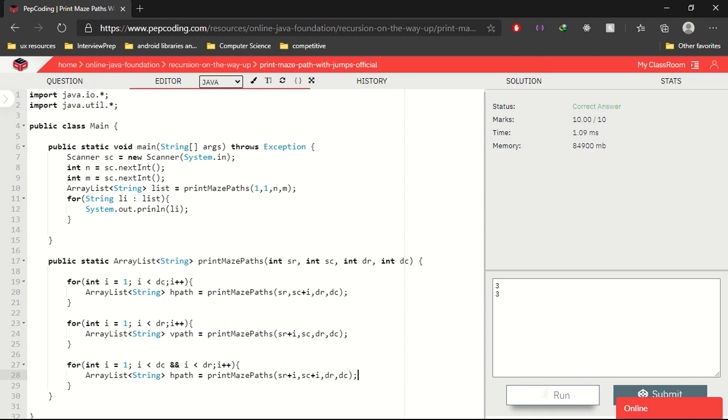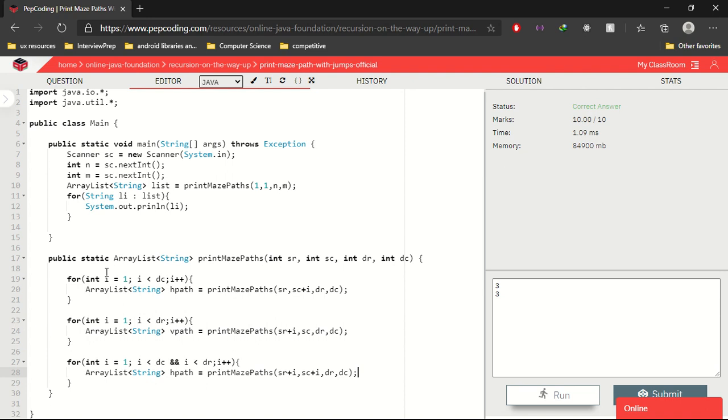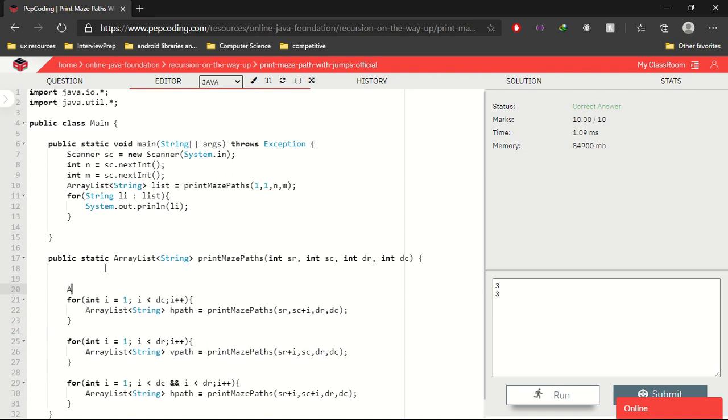I hope you understand how this recursion function has worked. Now we will consider our solutions in one more array list. This will be our solution array list.